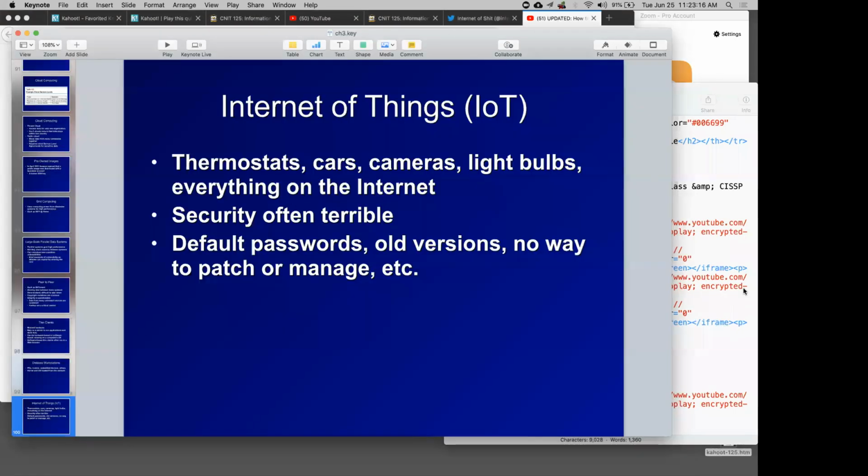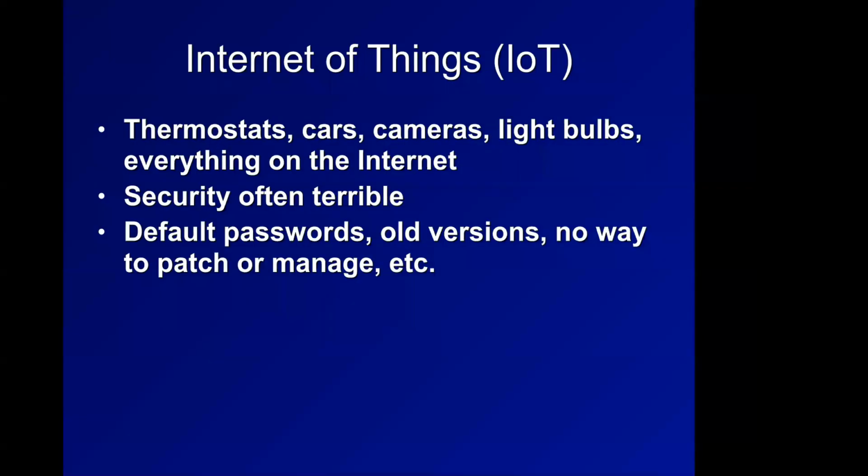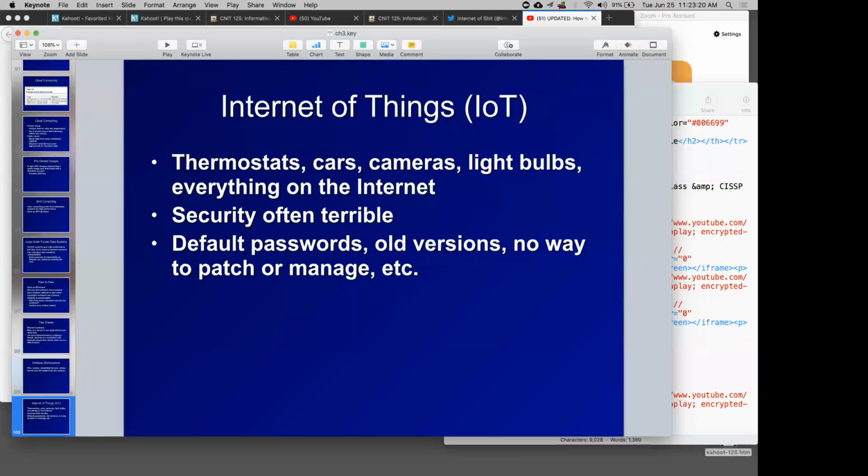Like, it's a light bulb, for God's sake. This happened. Everybody is so frustrated by this. You have a light bulb and I have to have a PhD to operate my light bulb now. Every time I rent a car, I can't drive the car. I have to stop and Google, what does this beep, beep, beep mean? Anyway, the Internet of Things is a hilarious security mess, as we're all being driven nuts by all our devices